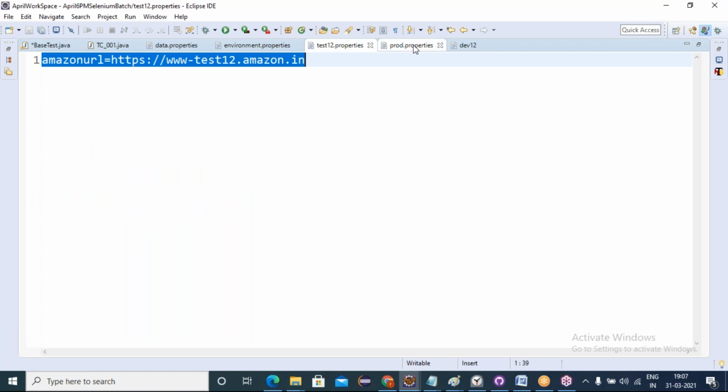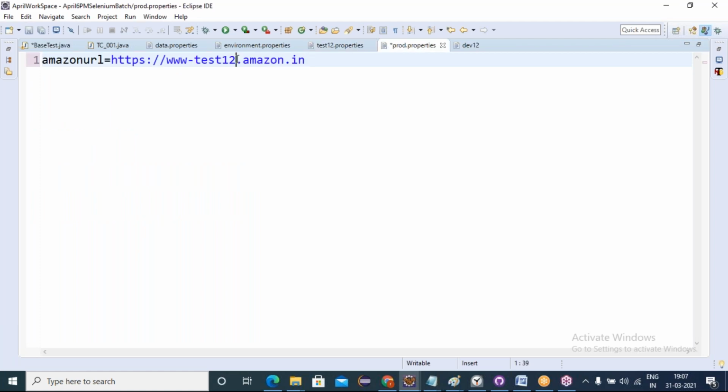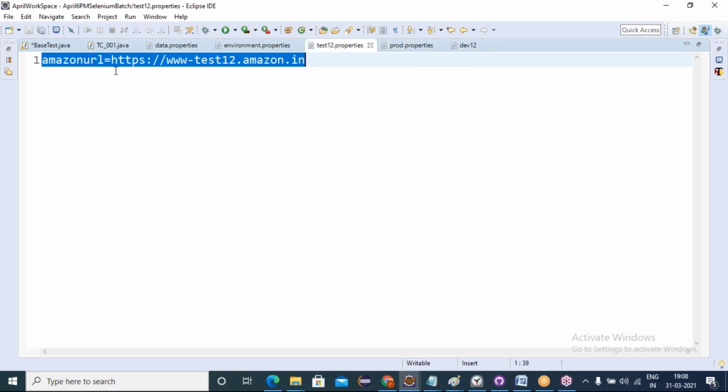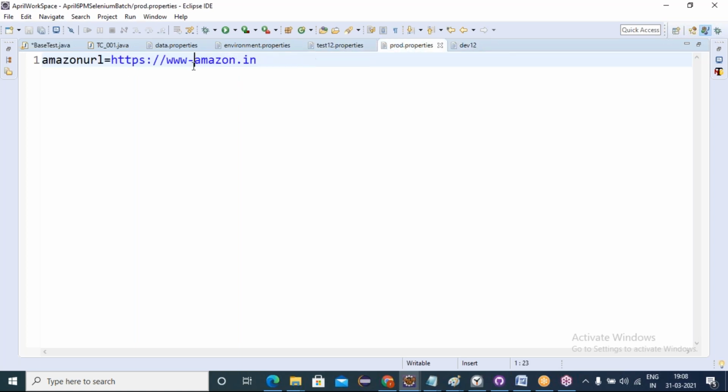Next, for production it will be like this, Amazon dot in. Dev12 means we have a dev instance like this. So test12 is the test instance, production is the production instance, and dev is the dev instance.